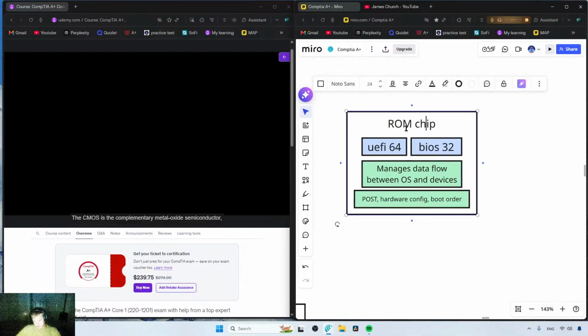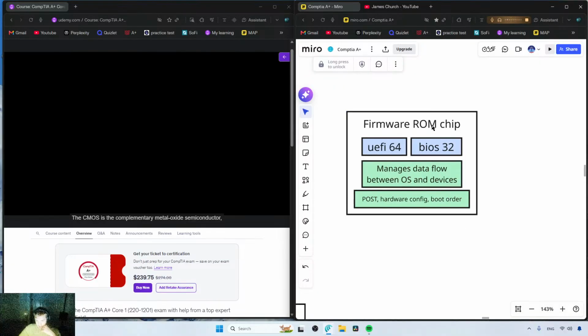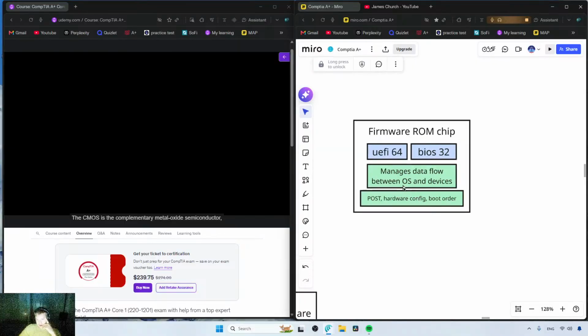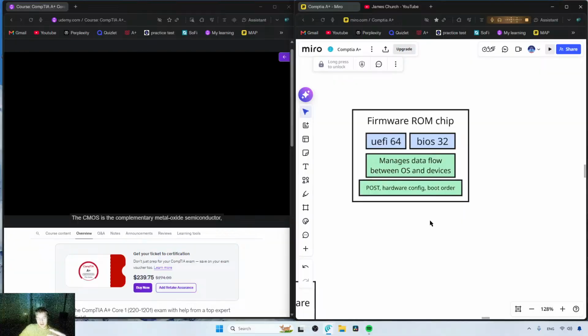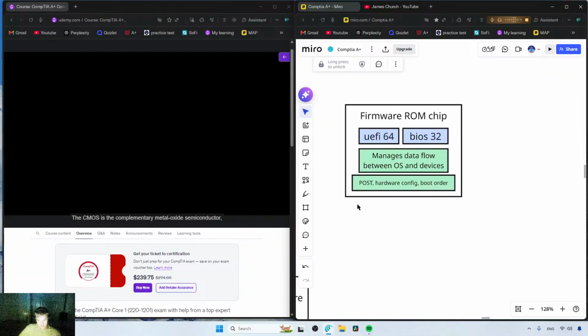Okay. So I'll just call it like a firmware ROM chip? Yes. Okay, so for the firmware ROM chip, is that... I think the BIOS or UEFI is better, actually. Okay, so the firmware, or the BIOS UEFI, so far I've been told that it does 4 things. Those 4 things include managing data flow between the OS and devices, number 2, POST, number 3, hardware configuration, and